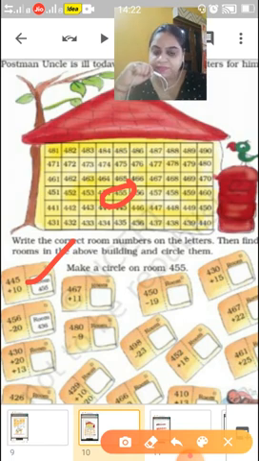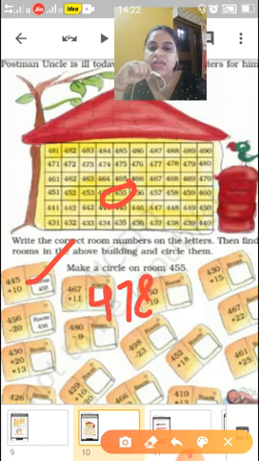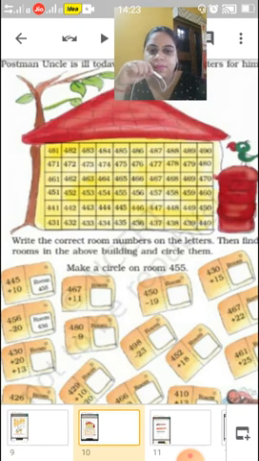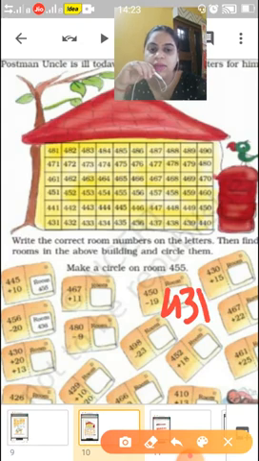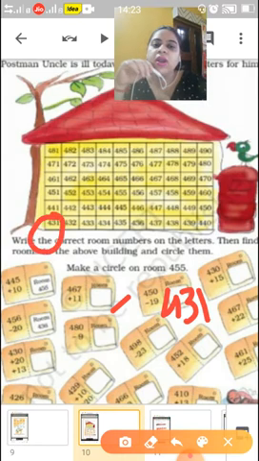Now next, 467 plus 11, what will come? 478. You have to write down in the box. And what will you do with that number? You will circle it. Now you will circle 478. Now next, 450 minus 19, that is 431. Okay. Now you will circle here 431. Whatever answer you get,